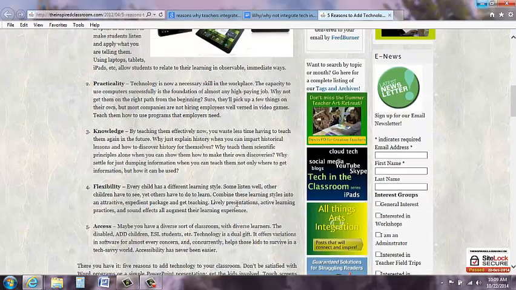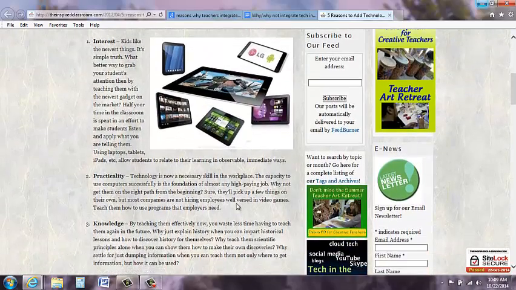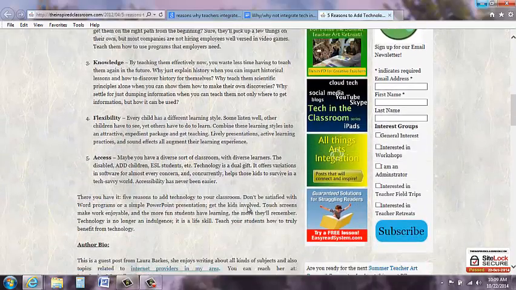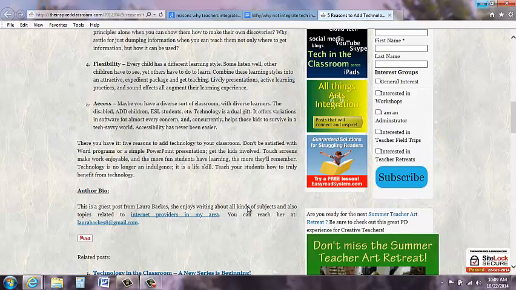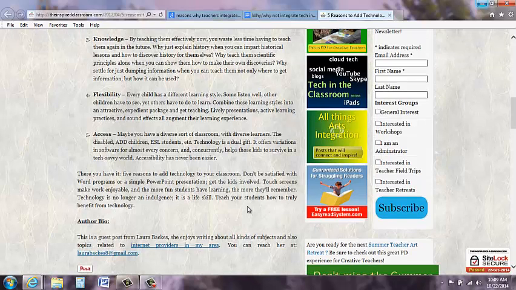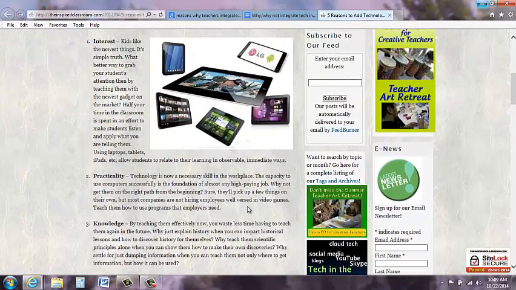Let's see here. Let's see what we got. Kids like the newest thing is simple, true, the way to grab them is by teaching them the newest gadget on the market. Half your time in class is spent in effort to make kids listen and apply what using laptops, tablets allows to relate their learning in observable, immediate ways. Technology is now a necessary skill in the workplace. Use computers. Try to pick up things, but most companies first teach them how to use the programs that more employers want. All right, there's a few things that, I mean, they make some valid points, but nothing that's